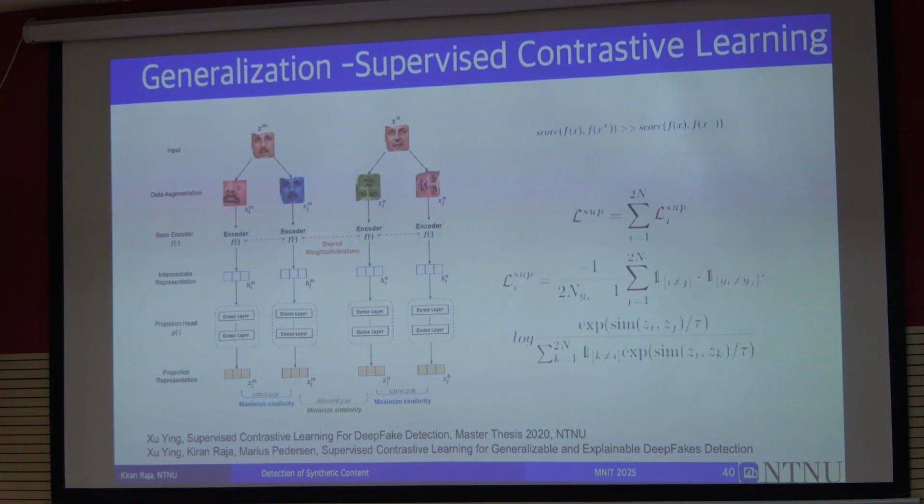So one of the ideas in this case is to look at supervised learning, supervised contrastive learning. The idea is quite simple. When I'm taking some image and doing a transformation of that image, if it is a real image, the transformations will have similar characteristics compared to the fake images, right? So I have the channel for one set where I'm transforming the image to A and B. So this image I'm augmenting to A and B, and then I'm trying to learn an encoder,